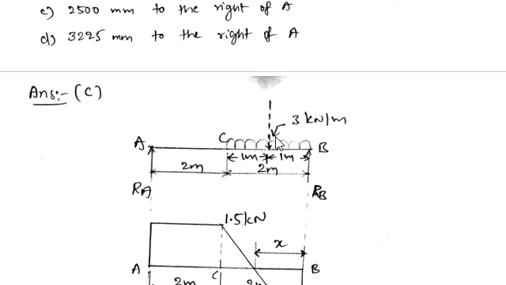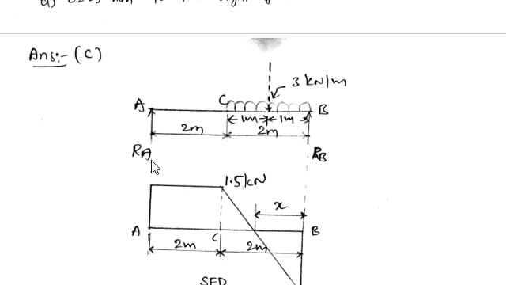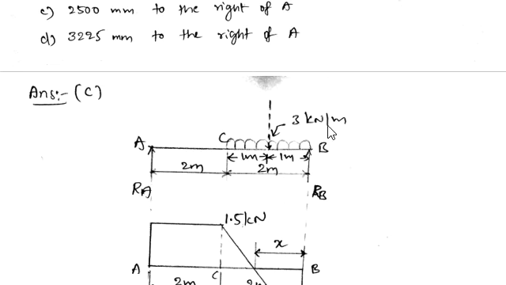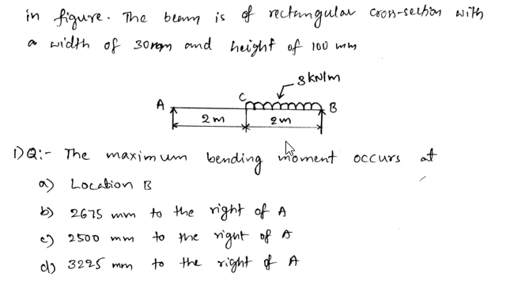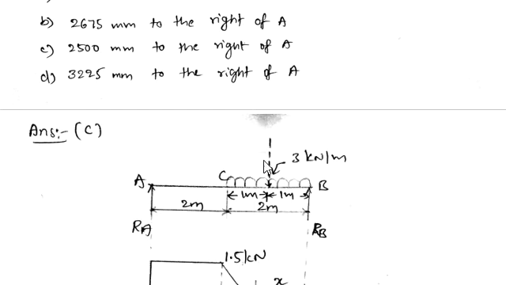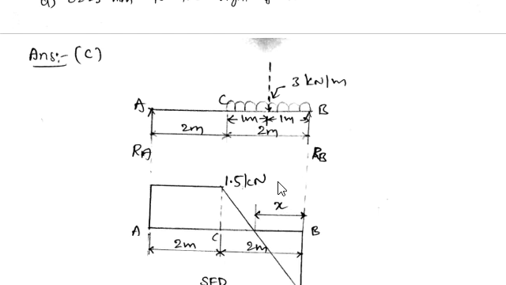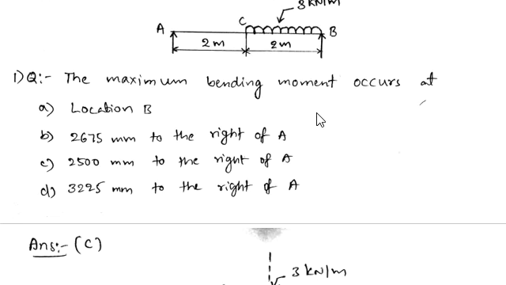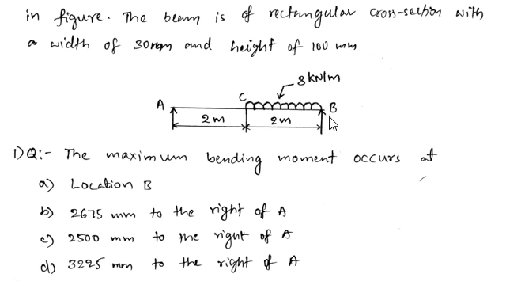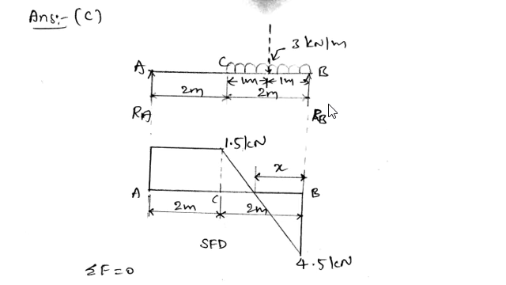If you draw a line diagram here, for the simply supported beam you'll get reactions at A and B, that is RA and RB. This is a UDL of 3 kilonewton per meter over 2 meters. Here I am drawing a dotted line, meaning it is a replacement of the UDL as a point load. We'll do this to find the reaction forces. Only one load is there, that is the UDL up to 2 meters from B. You have to keep that in mind and find the reaction forces.